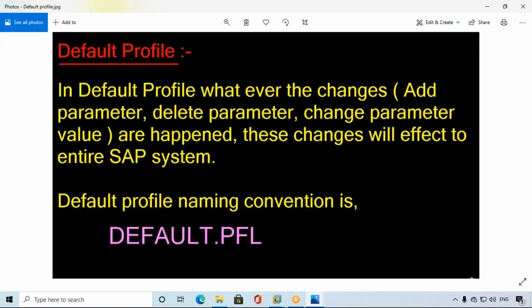Whenever we add a parameter, delete a parameter, or change any parameter value, all the changes are affected to the entire system. That is the default profile.